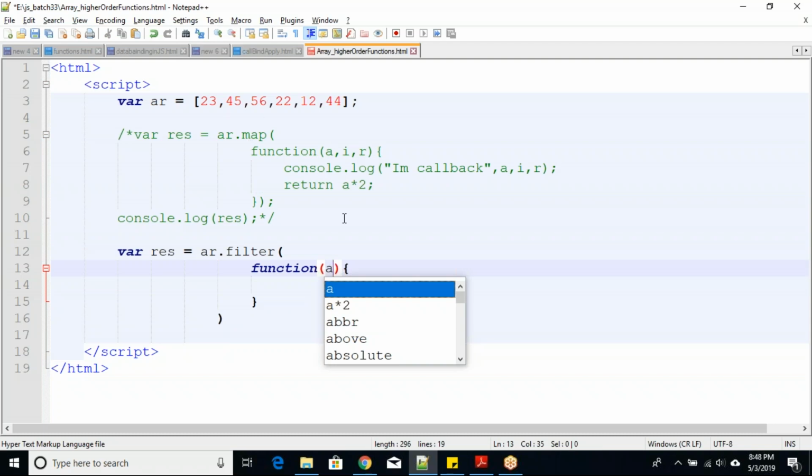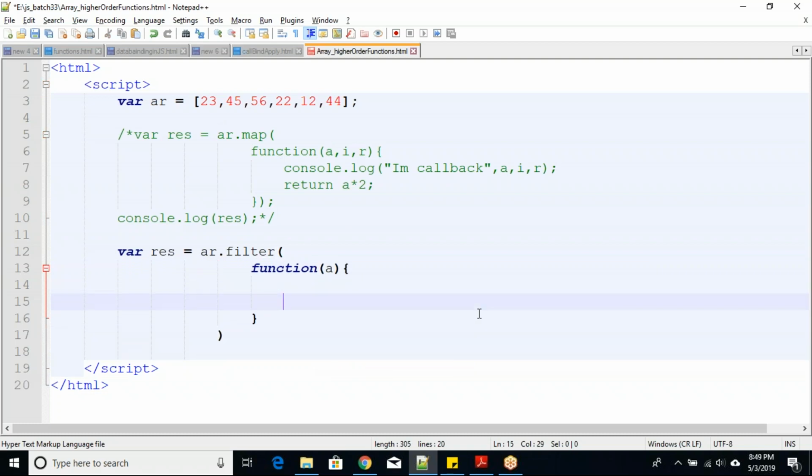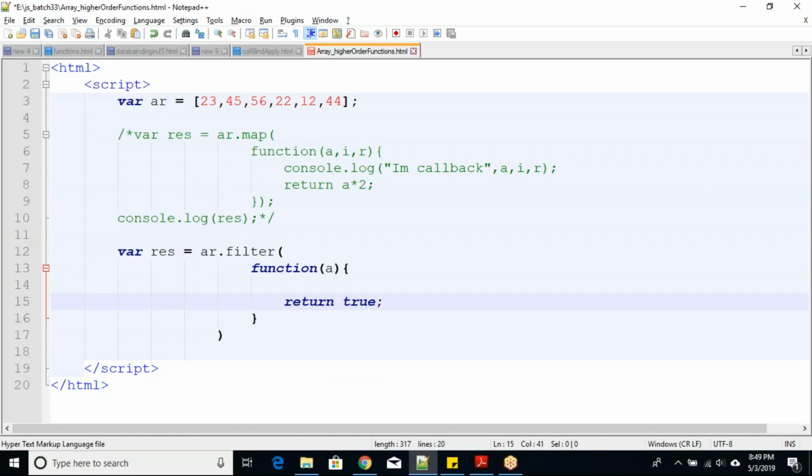That means whatever value I am passing, the same way, these values will be accumulated if this function returns true. Try to understand the point. If this function returns true for a specific value of the array, that value will be held. That value will be accumulated.